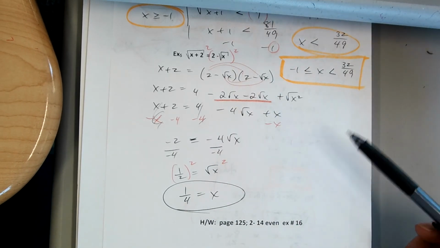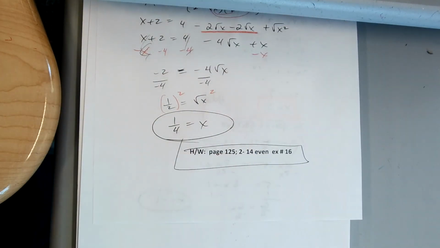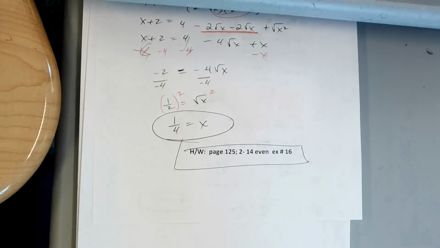Pretty challenging. Okay, so our homework today, there it is, page 125. So we're doing the evens, 2 to the 14 even, and the extra is 16. And then I don't mind helping you a little bit. Do you guys want